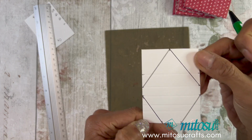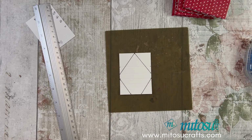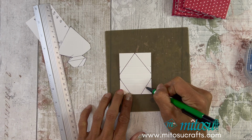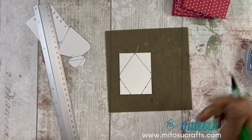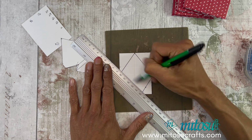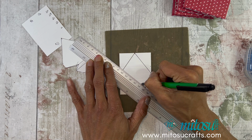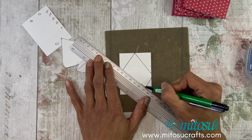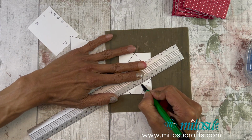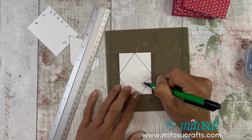Now there's a couple of score lines here, so we're gonna create something like this. There you go. So where the first line, we're going to draw a diagonal line there. So from there to the top, we're just gonna go diagonal to the next score line, and then from that corner to the right hand side. So we're actually gonna cut this off,